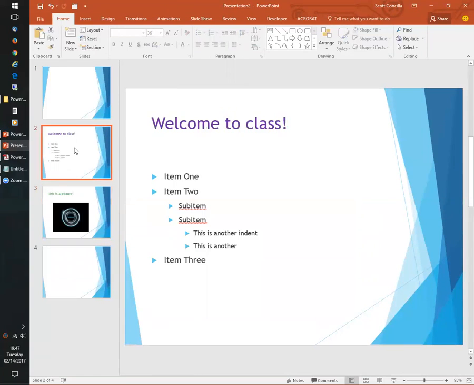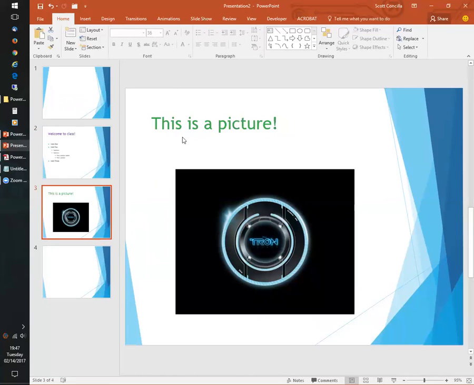When I come back, notice that the welcome to class slide is purple, but notice this is a picture one is still green. And the problem here is that I manually formatted that already. And when you change a master, anything that you've manually formatted is not going to change.